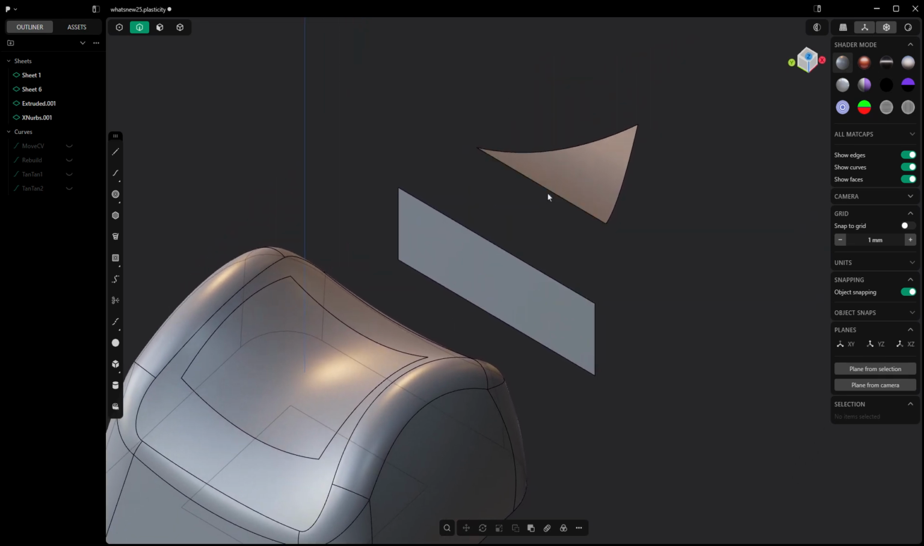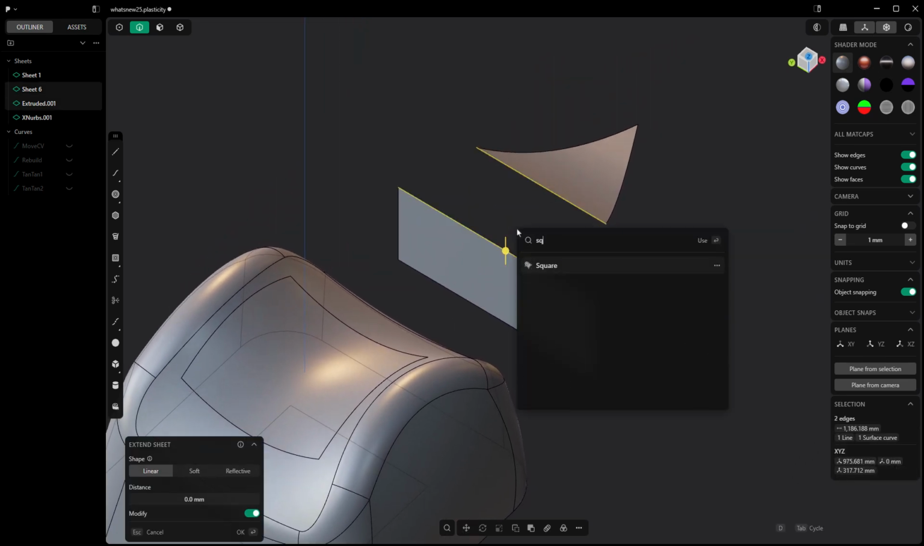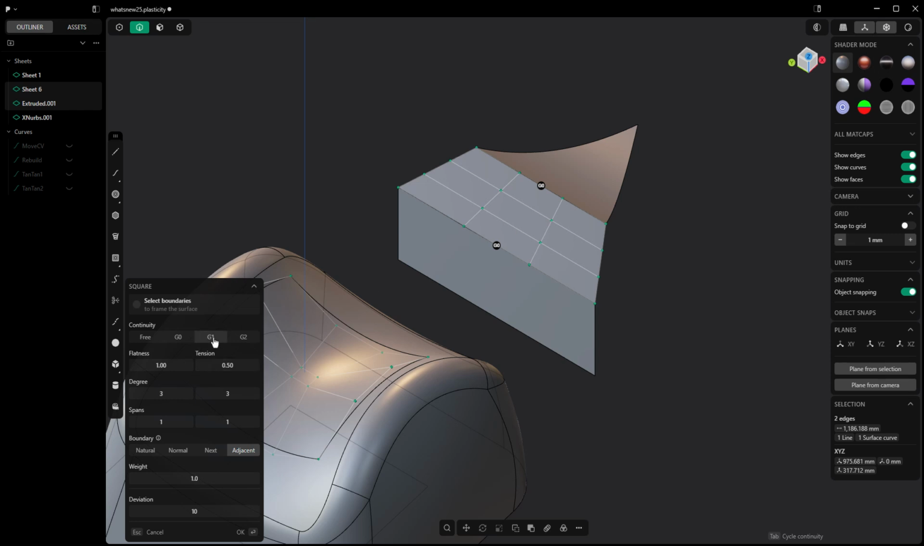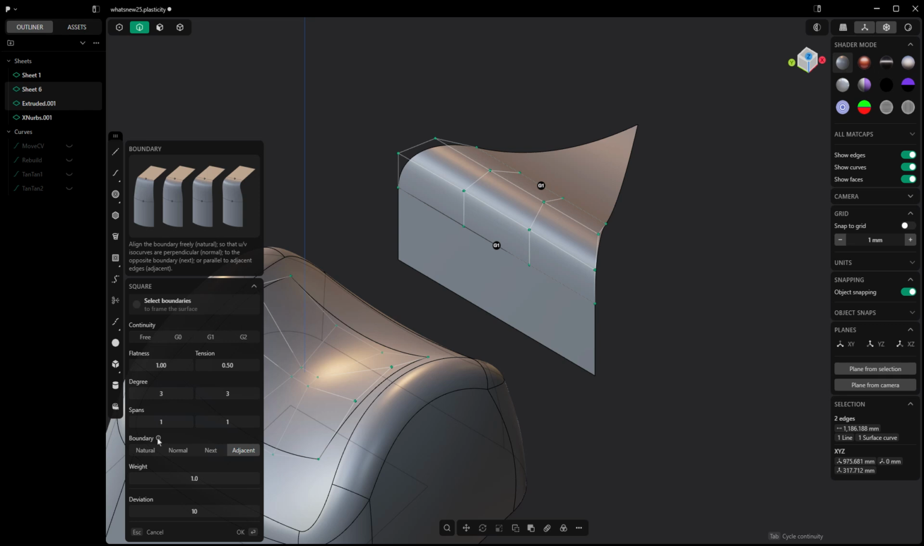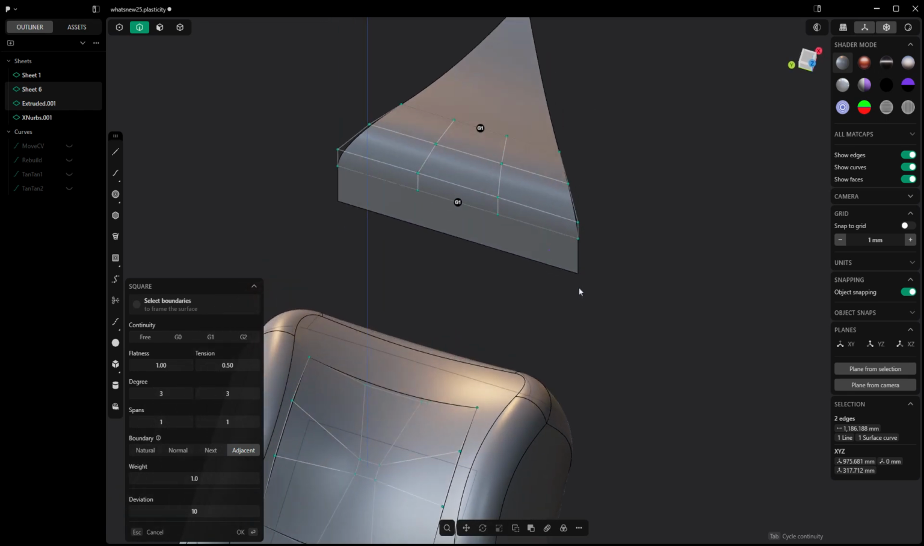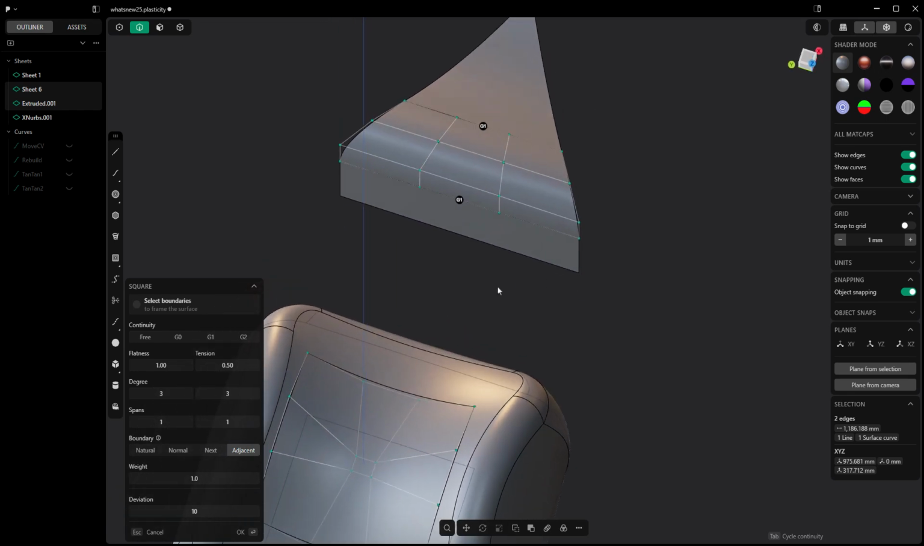The other thing I want to mention here, and I'm going to do the square tool again, is the update to our boundary condition. This is one of those areas where we now have a tooltip, which is extremely helpful. The new boundary condition is going to allow us to take into account the trimmed surface. So as we take a look at this adjacent option, the CVs are following the direction of the trimmed surface